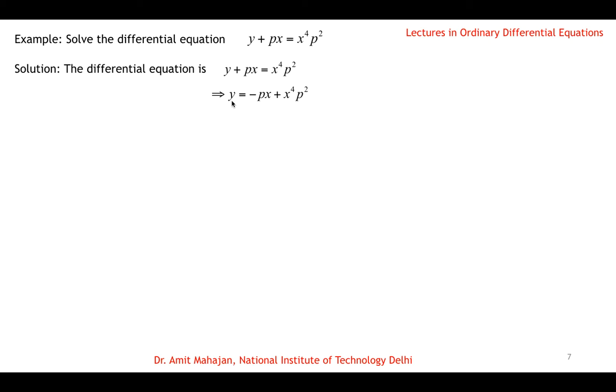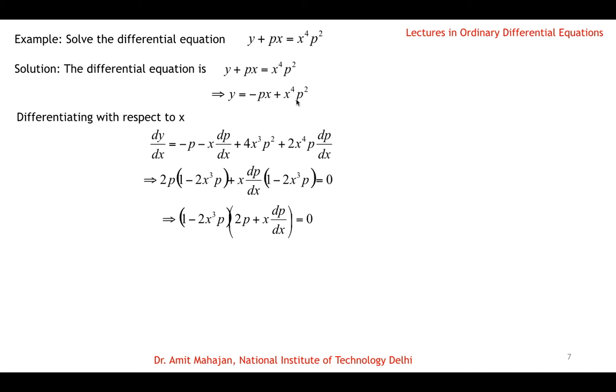So the next step is that we differentiate this equation with respect to x, so that the left hand side becomes dy by dx, which is p, and on the right hand side we apply the product rule. Derivative with respect to x: the left hand side is dy by dx, and on the right hand side, minus p, the derivative of x with respect to x is 1, minus x dp by dx, so these two terms. Similarly 4x^3 p^2, this term, and x^4 and the derivative of p^2 is 2p dp by dx, so 2x^4 p dp by dx. And then this dy by dx can be written as p, and then we can combine some terms to write it in this form.